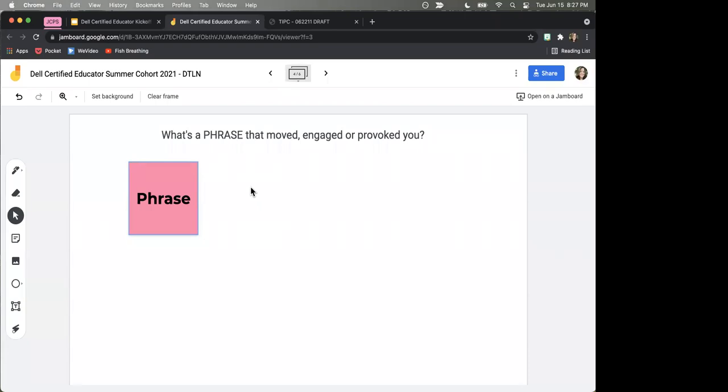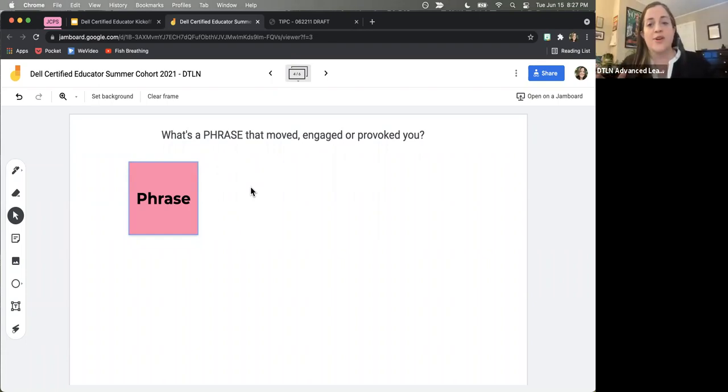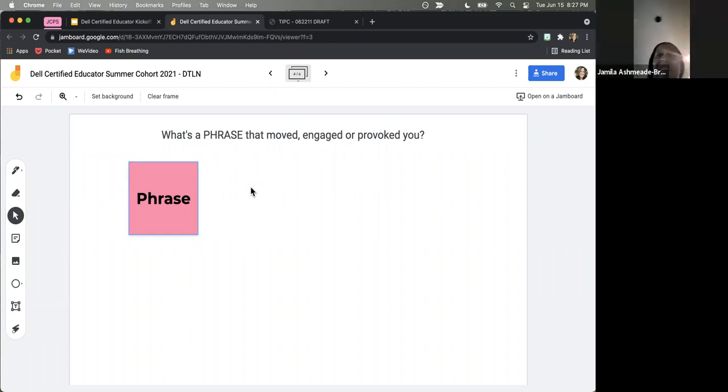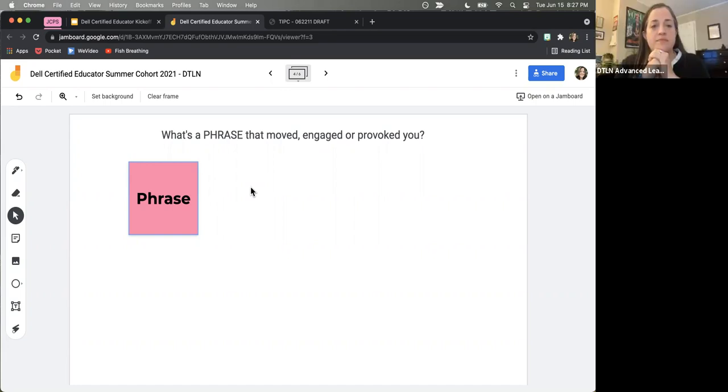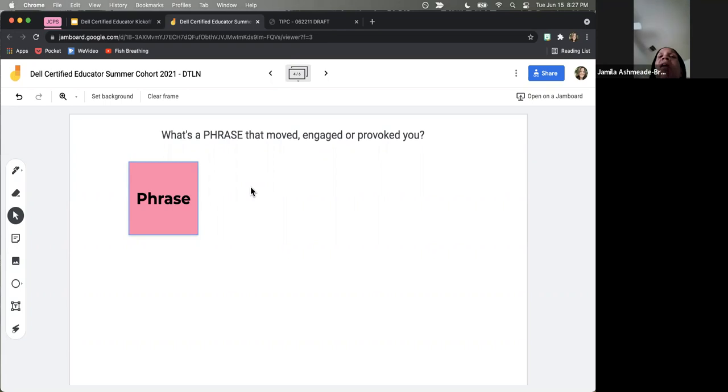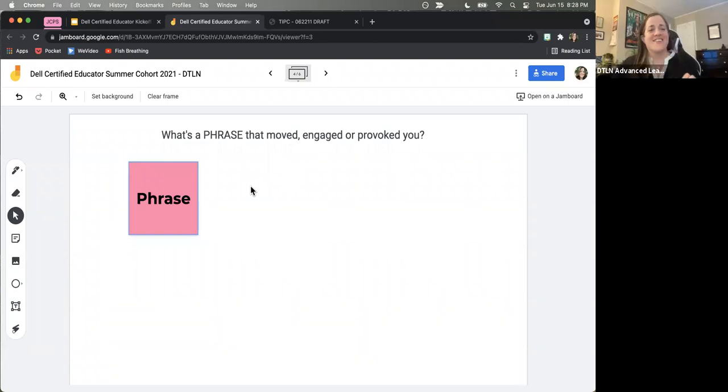It can be chaotic, and I don't know, Jamila, if you have experience with that. I was going to say one thing you can do is, because most of the time we don't have all the kids on one document at one time, Jamboard does allow you to have multiple pages. So you can assign the kids to a different page. Maybe they will all eventually work on every one of the pages you've created, but for now they start on one particular page and then you can swap them to the next page. So you can title each page.